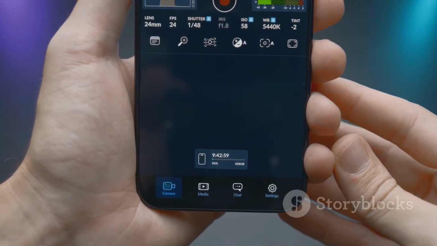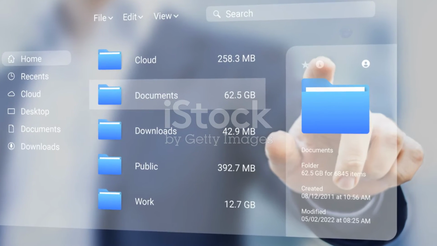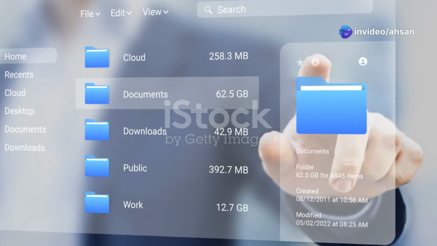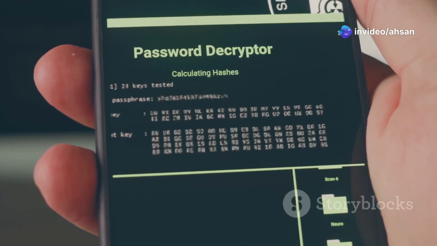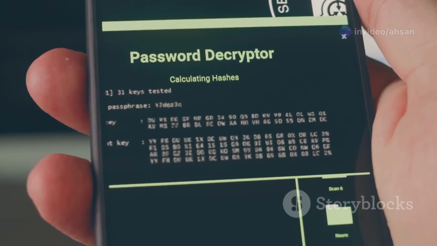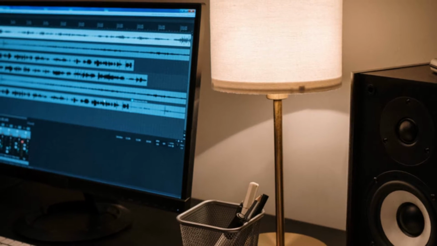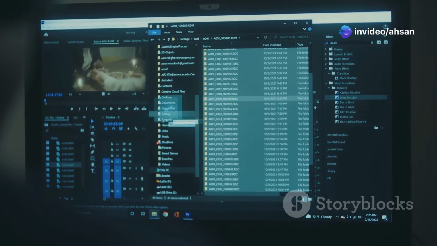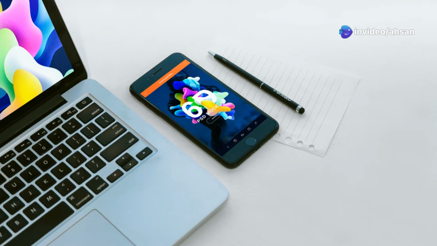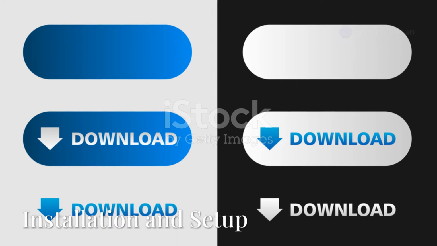APK Easy Tool. This tool is your one-stop shop for managing APK files, which is super useful for Android. APK Easy Tool lets you do some cool stuff like decompiling APKs to see what's inside, editing them, and then repackaging them. It's really user-friendly. You don't need to be a coding wizard or anything to use it. I'll walk you through the whole process step by step. We'll be installing the tool, decompiling an APK, making some edits, and then putting it all back together.